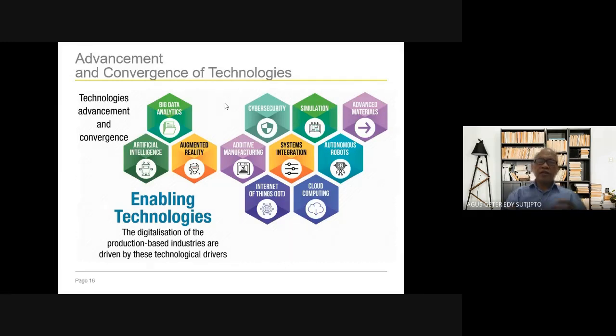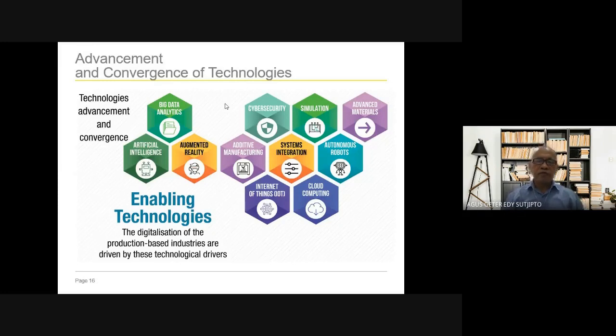System integration is the integration between one machine and another, one section and another, departments, suppliers, using the internet and the computer, so that we can easily manage all of this, from the order, from the supplier, from the raw material, and then the return to the customer. The customer gives the order, and then the company gives the order to the supplier for the raw material, and then the manufacturer, and then delivery. So this is the integration system.